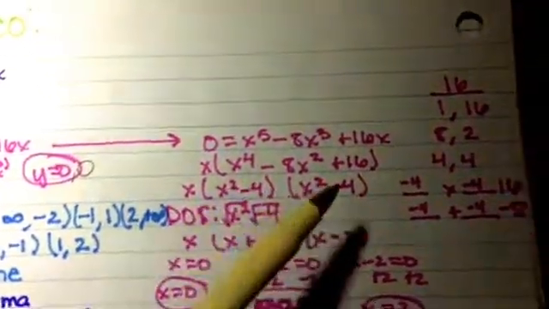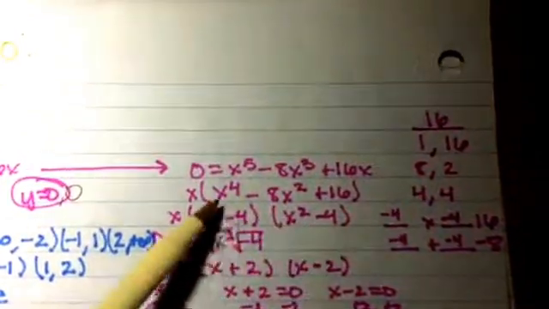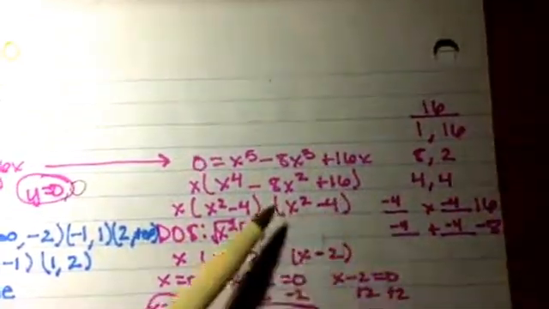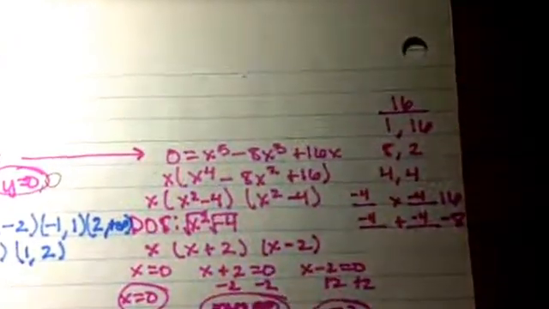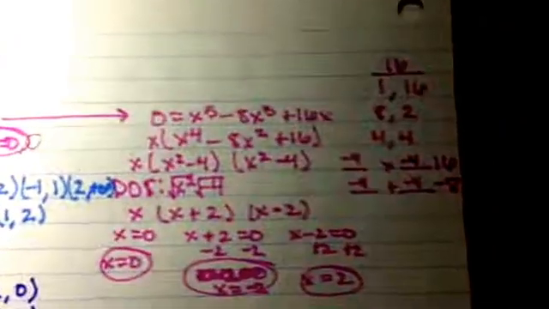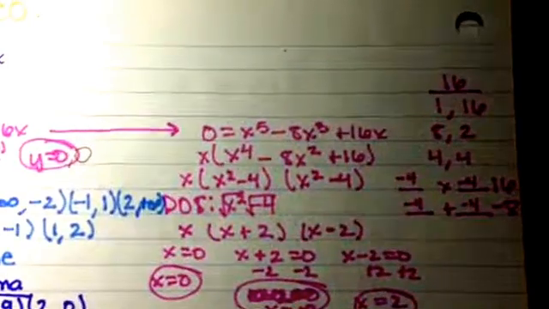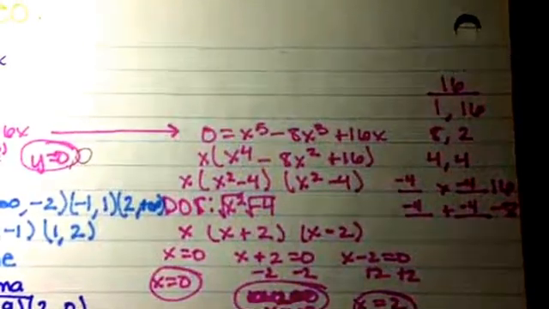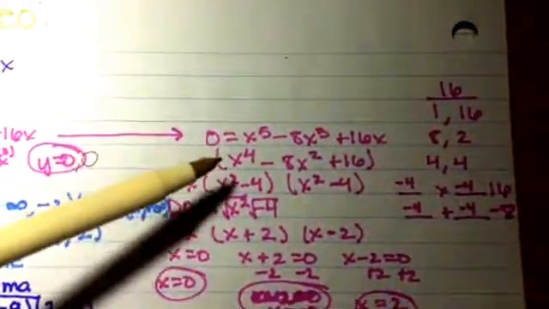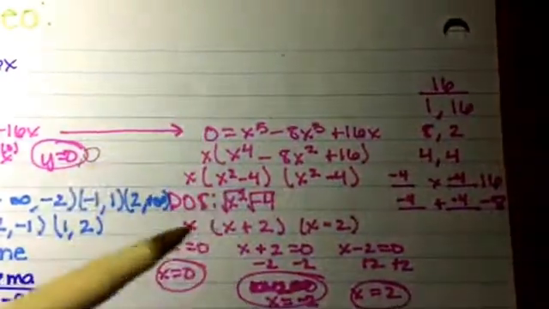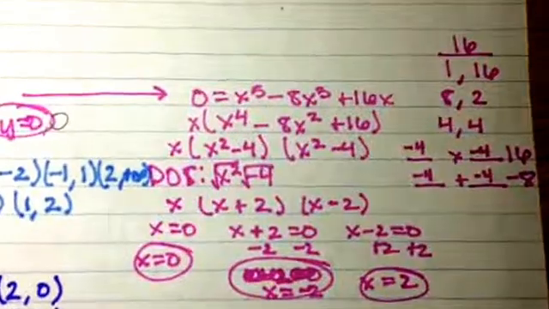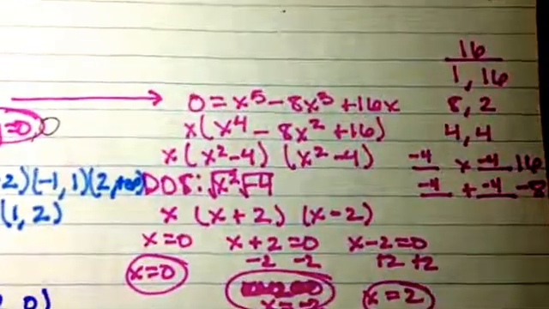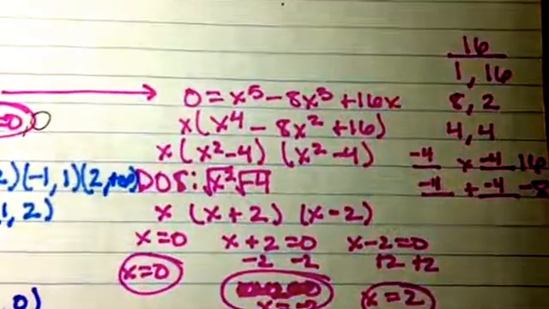From there, I see that I need to factor. To factor, I need numbers that multiply to 16 and add to negative 8. I plugged in all the factors for 16 and realized that none of the positive ones worked. So I went to the negative ones, and I realized that negative 4 and negative 4 worked. So x to the fourth divided by 2 gives me an x squared in each parenthesis as well as a negative 4. After I did that, I saw that this is a difference of squares, which means that I can